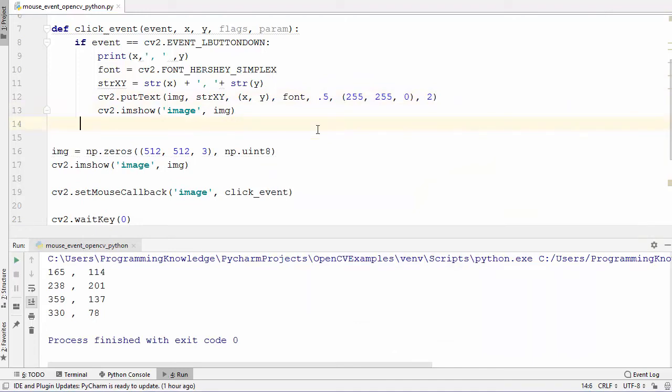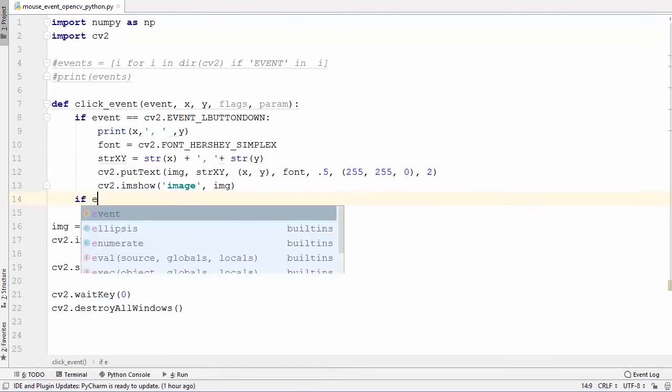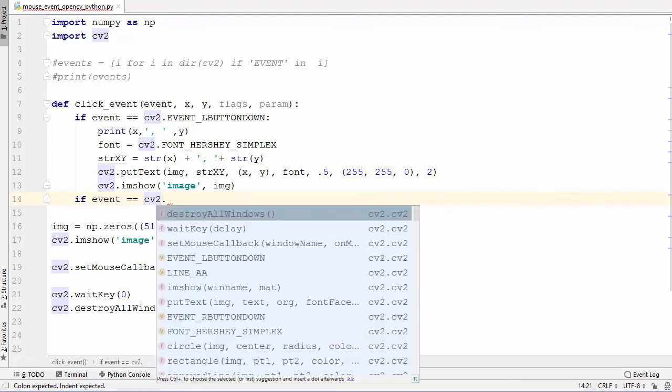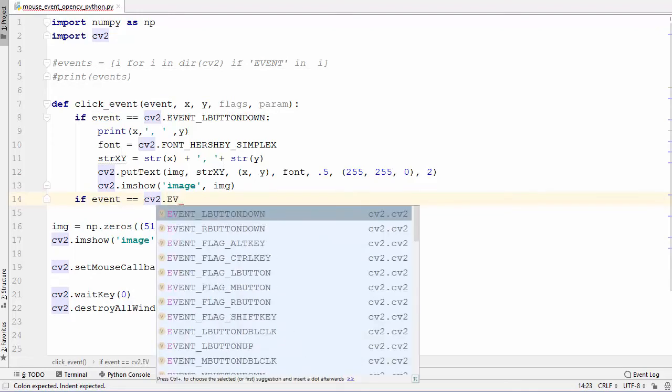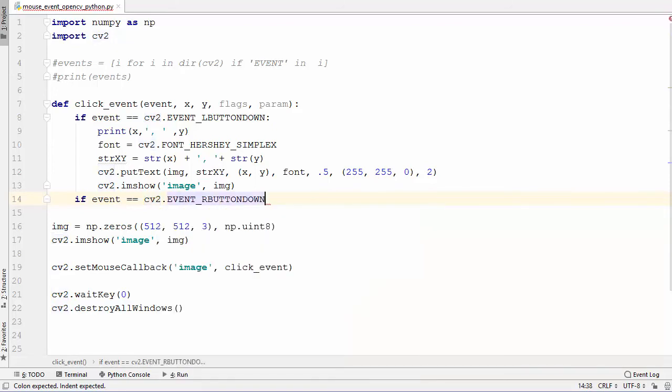So I will go to my callback function once again, and I will add one more condition here. So once again, if event is equal to cv2, and this time I want to listen for the right click event. So I'm going to just write event right button down event. Okay, so whenever somebody presses this right button down for the mouse, then this event is going to be captured